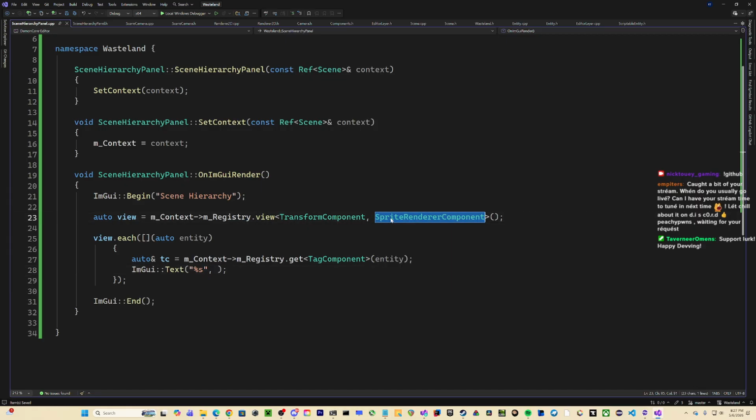Do I even need sprite render component? I mean, I guess so, since almost everything's gonna be sprite since it's 2D. For the time being, I'm gonna have to figure out how I'm gonna go about making it 3D later on.